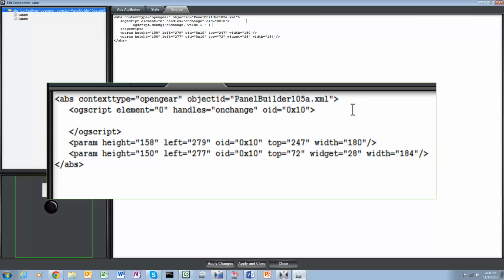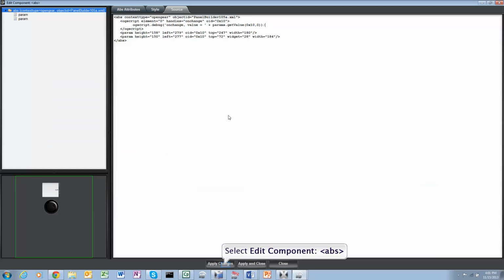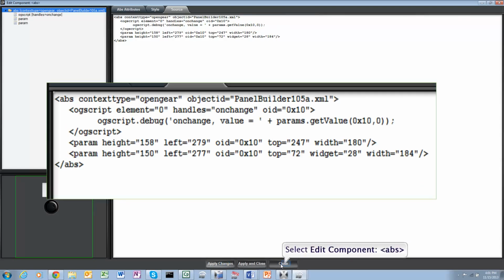And we're going to now get this parameter value. So we're going to go params.get value, and the object ID is 10, the element index is 0, and close those braces. I think we're good. Let's apply that, close it,